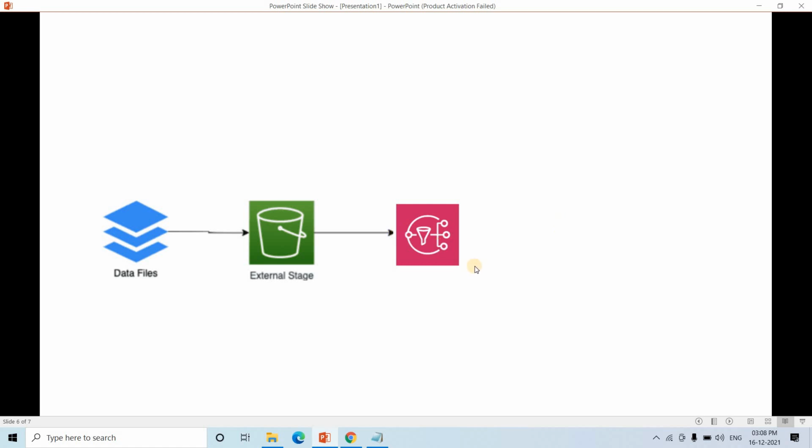Internal queue I am saying because that queue we are not creating; Snowflake will take care of that queue creation. So SNS will send that notification internally to that queue, and that will trigger the copy into command present in Snowpipe, and that will load the data in the Snowflake table. So this kind of pipeline we are going to build in this discussion. So without any further delay, let us directly jump into the coding section.